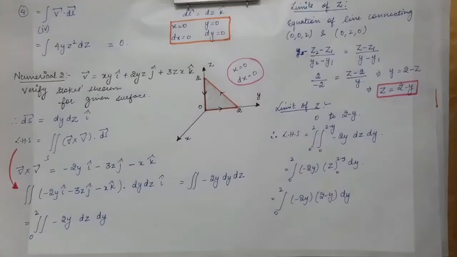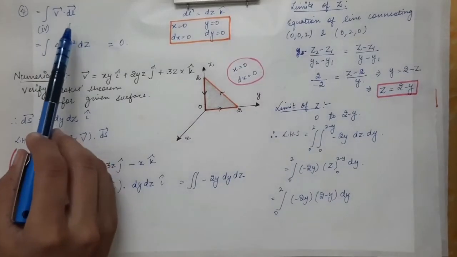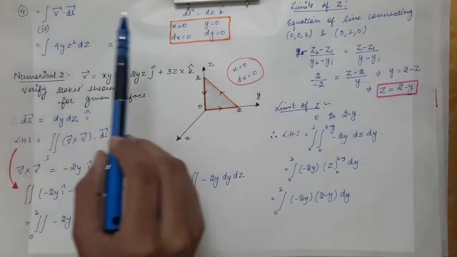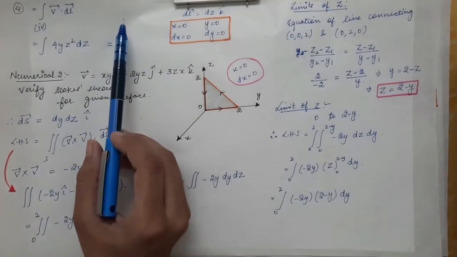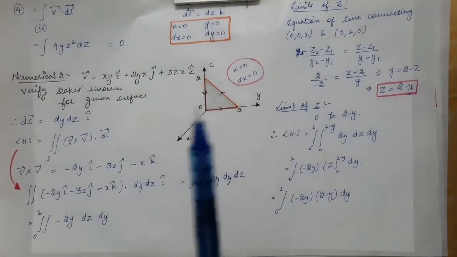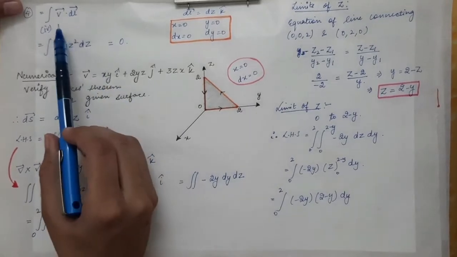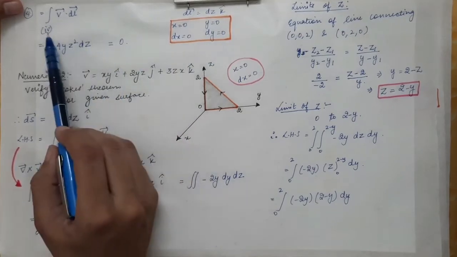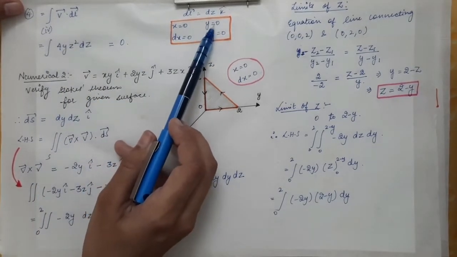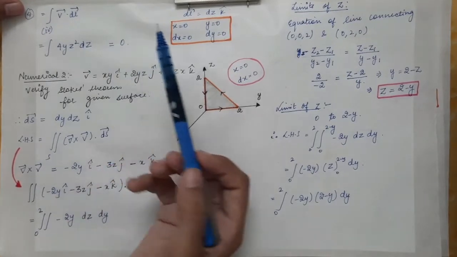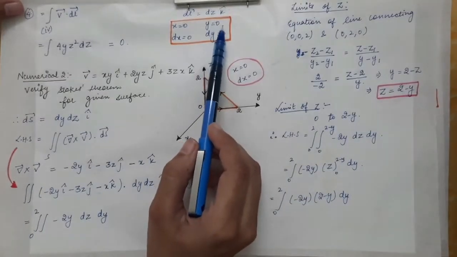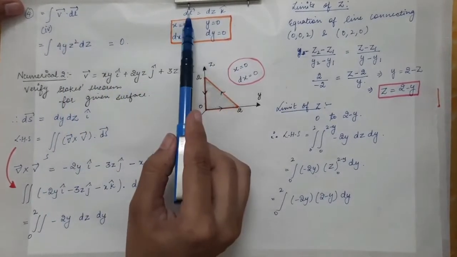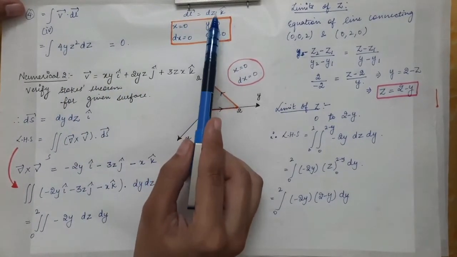Now for the fourth integral, that is v vector dot product with dl vector over the fourth path. For the fourth path, the z will go from 1 to 0, and dl vector in this case will be dz into k cap, because for the fourth path x is 0 and y will also be equal to 0. You can clearly see from the diagram that y is equal to 0 over the fourth path, so dy will be equal to 0. Now dl vector will be just equal to dz into k cap.